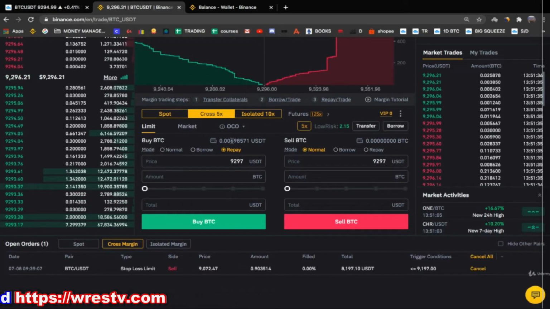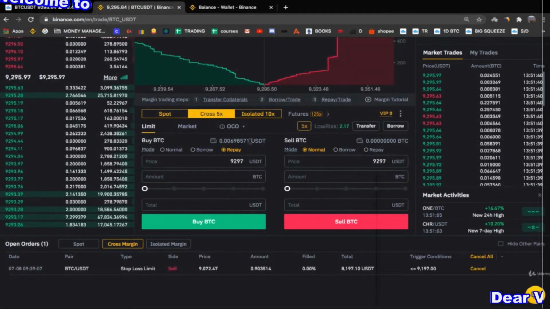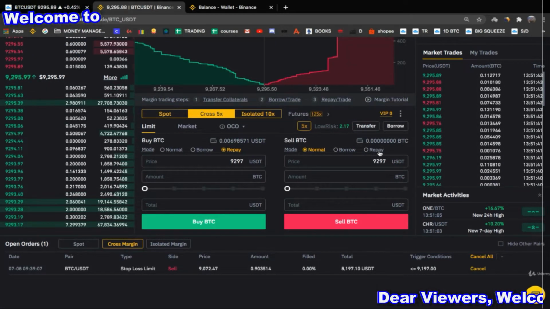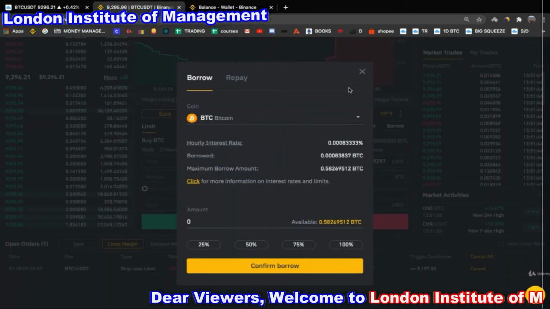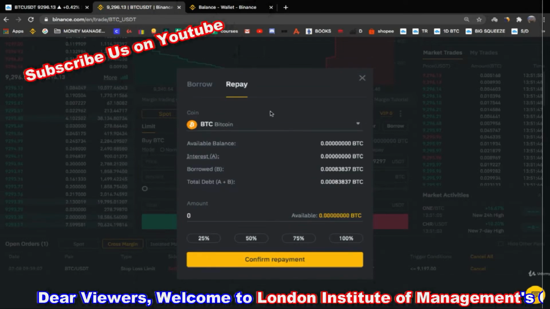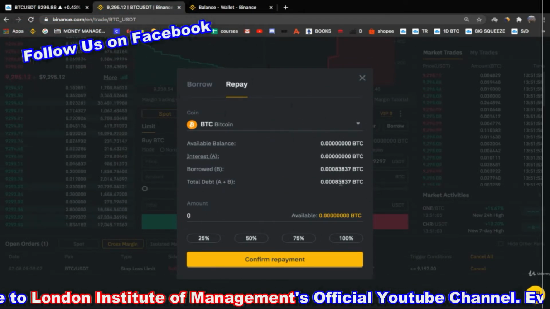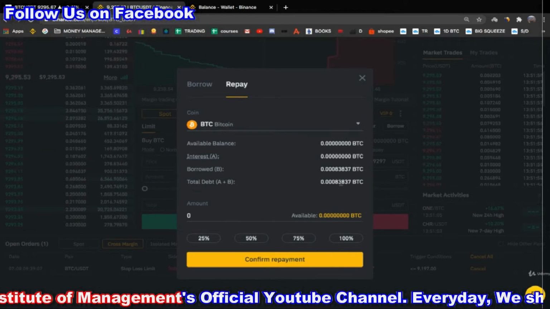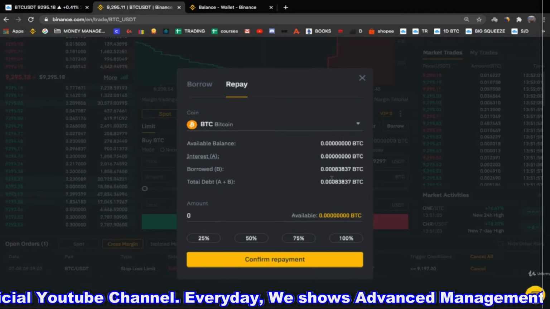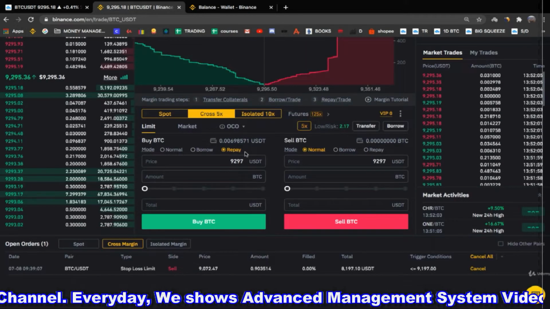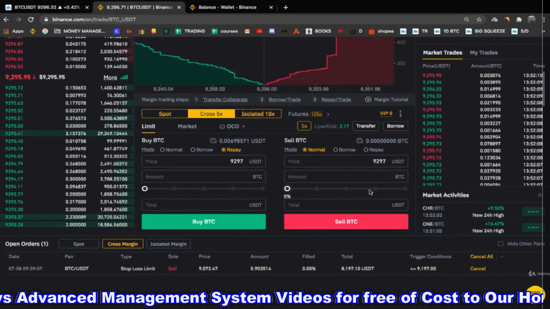Okay, we bought now with our whole amount, but you see that we don't really have Bitcoin, right? Because the Bitcoin that we bought automatically went to repay. This is how you automatically repay your loan. And as you can see, now we simply don't really borrow. We owe this very little amount that is not even from this trade, I guess. Probably this is from before. So this is how you repay. This is how you open a short position, then how you close the short position and repay your loan, right?